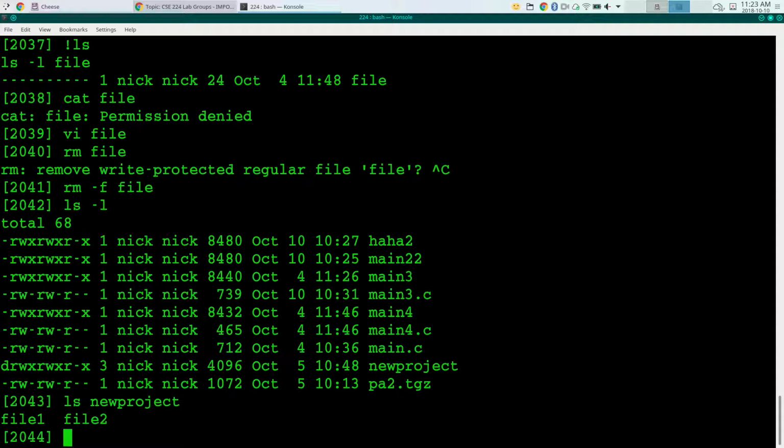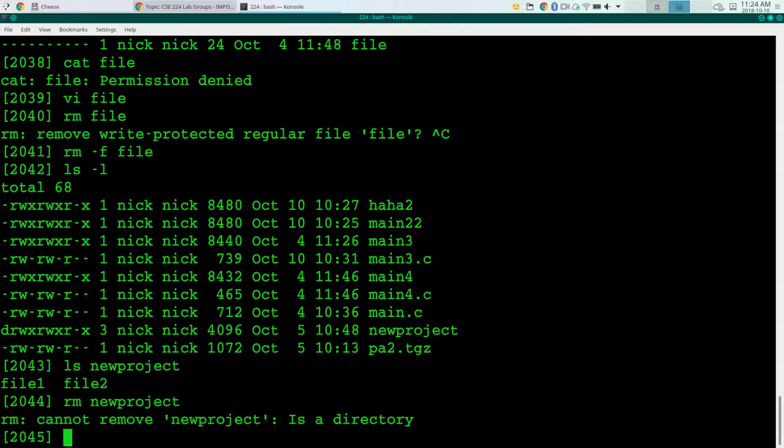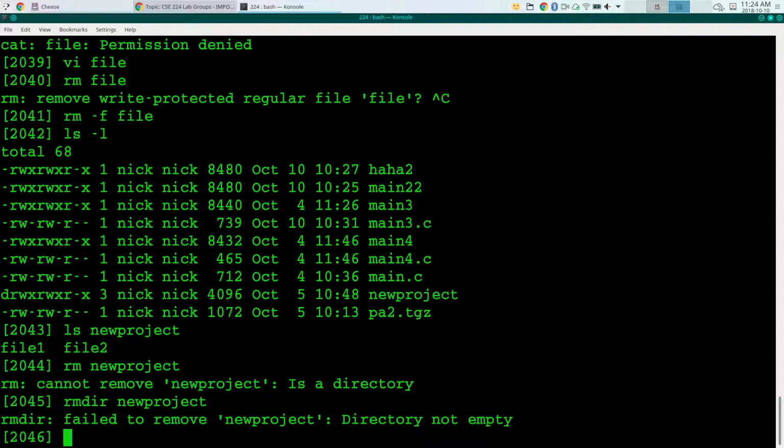So here's a new project directory, and it's got a couple of files in it. And if I try to remove new project, it'll say you can't remove that, it's a directory. So RM is really intended for files, and rmdir is intended for directories. But if the directory is not empty, rmdir will refuse to remove it because it figures you've got stuff in there for a reason. But there's a switch you can use on RM, which is -R, which says remove recursively,